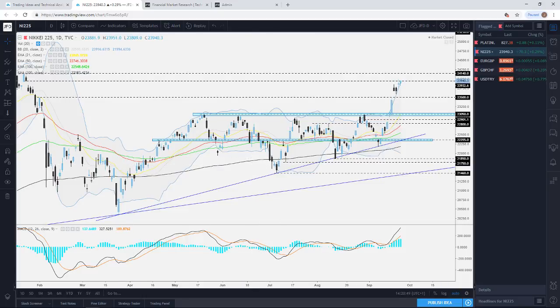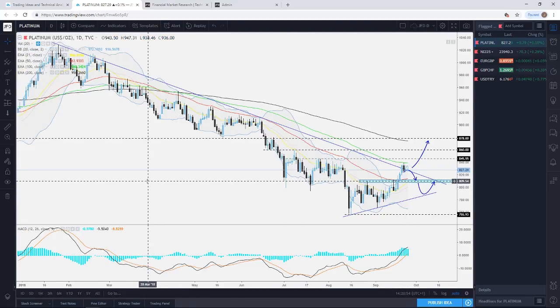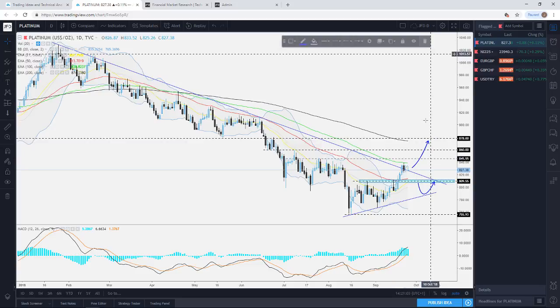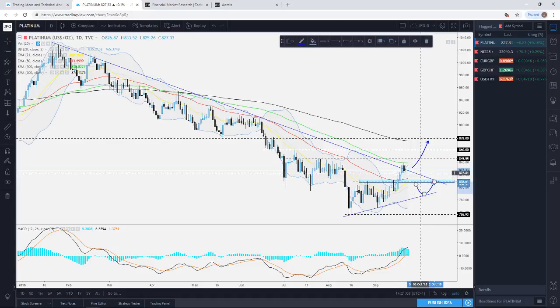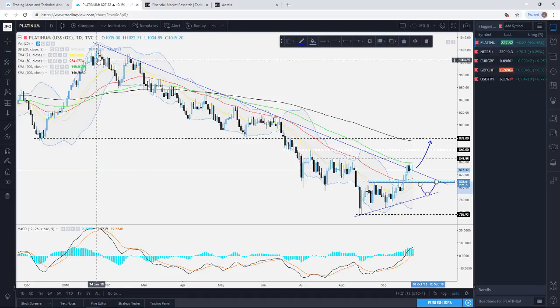Now let's jump into one commodity, or should I say one precious metal, and that's platinum. I was looking at this one a few weeks ago as well, and probably you can see by the arrows that I've still got drawn. If we just get rid of these for now, actually I'm going to leave this one, because as you can see, we're at a very interesting spot here, and overall platinum has been trading